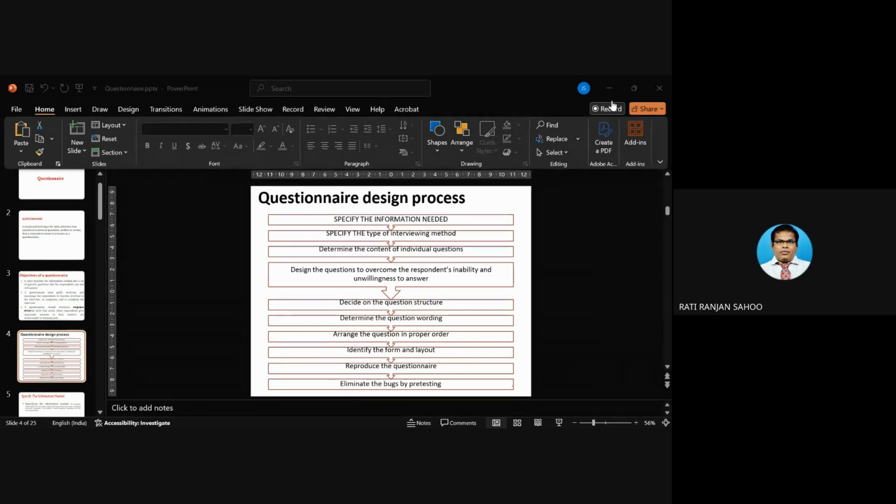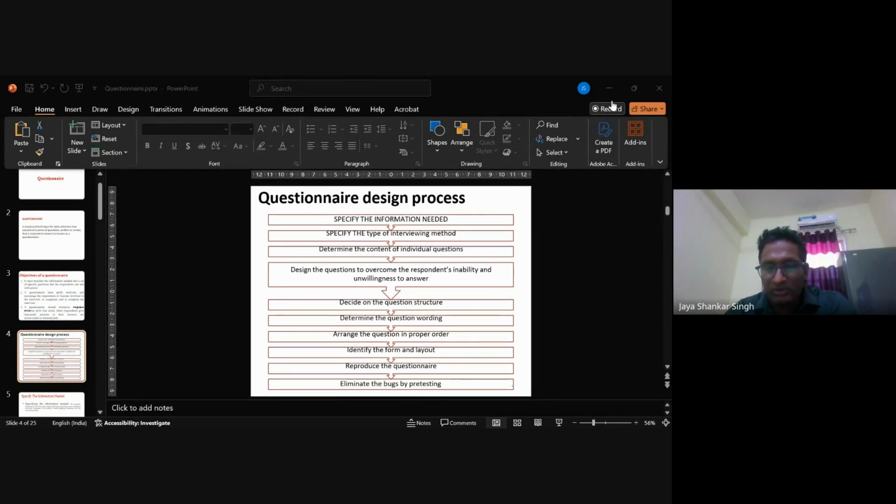When they do test marketing, they will launch the product in a particular limited area. Based on the survey and the feedback they get from the consumers regarding that product, they will decide whether to launch it countrywide or zone-wise or not. So that can be a good example of how you use a questionnaire to collect information about a new product before launching at the national level.